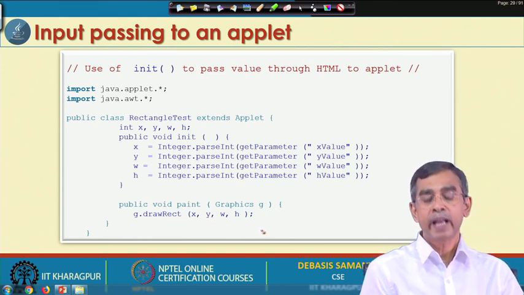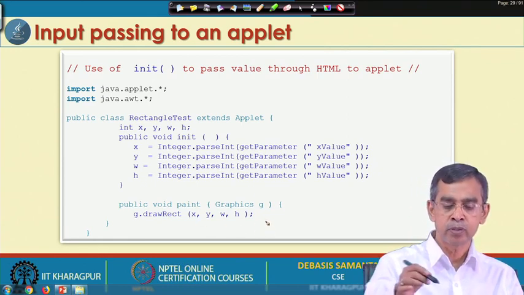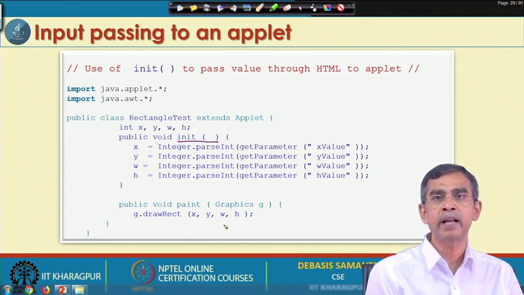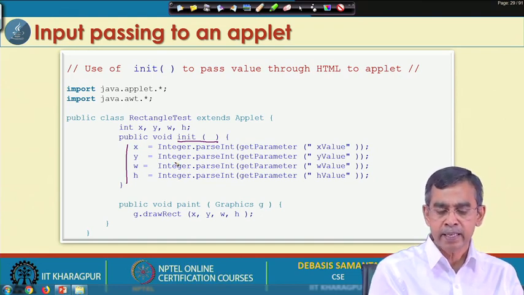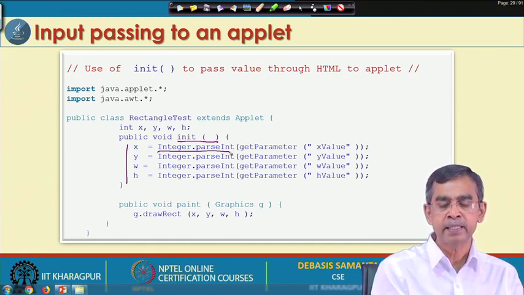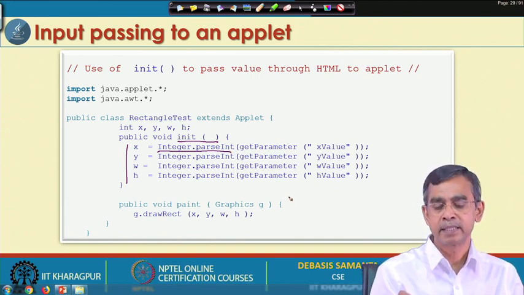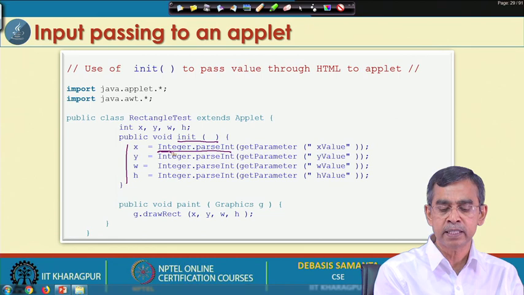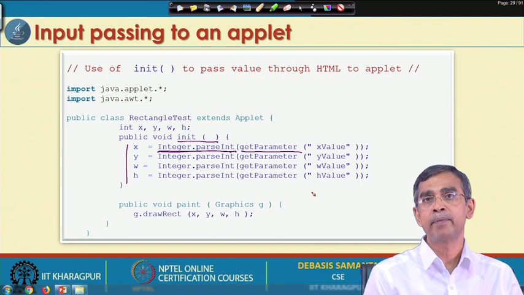And then we want to get the values x, y, w, h from the applet itself. For this we can write the init method, and the code goes in the init method. Here, parseInt is an integer method that is already there in the java.lang package. Basically, it will parse the value that is there in the applet and store it as an integer. This is the standard syntax in Java, and getParameter is basically used to get a value from the HTML